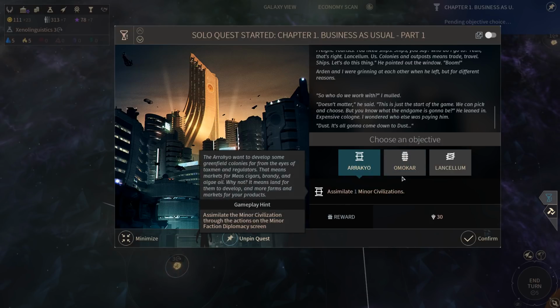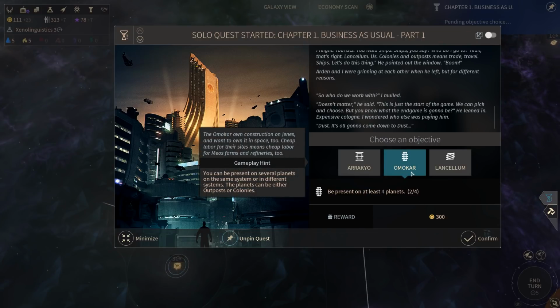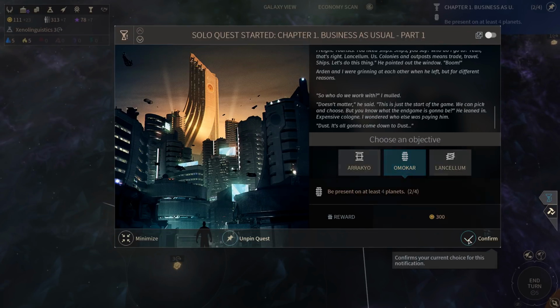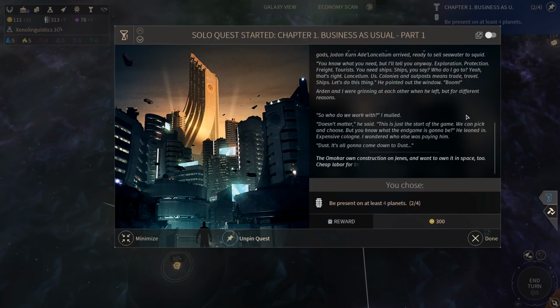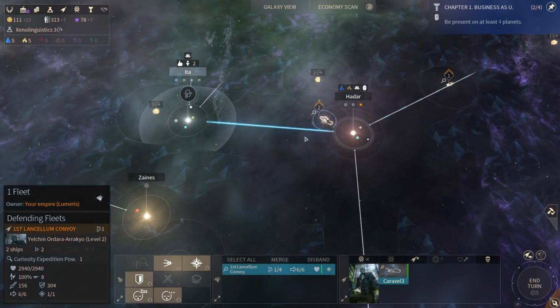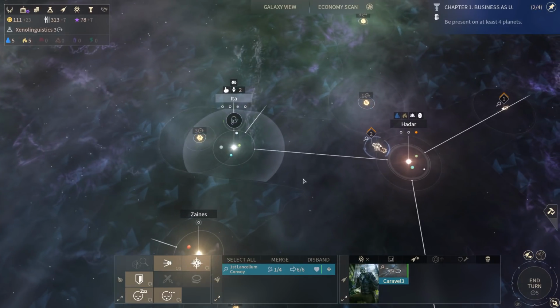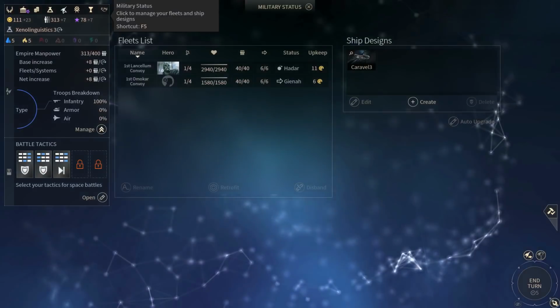Well, we know we're going to do this. We know we're going to do both of these. I don't know. I'm honestly torn. I think let's go Omokar here. Dust is powerful. The Omokar own construction on Genis and want to own it in space, too. Cheap labor for their sites means cheap labor for Mios farms and refineries as well. Alright. Be present on at least 4 planets. It's something we obviously want to do very much. So yeah, let's go ahead and